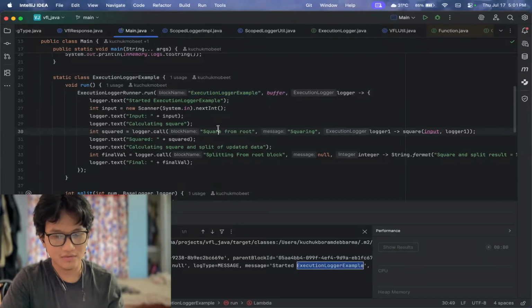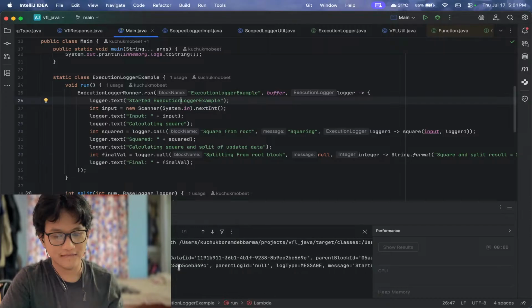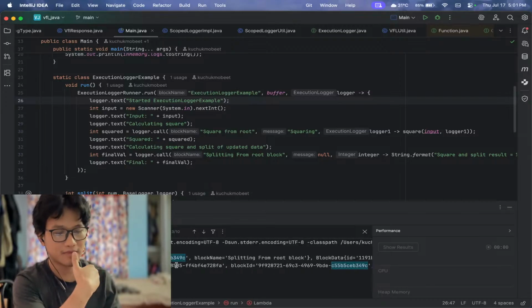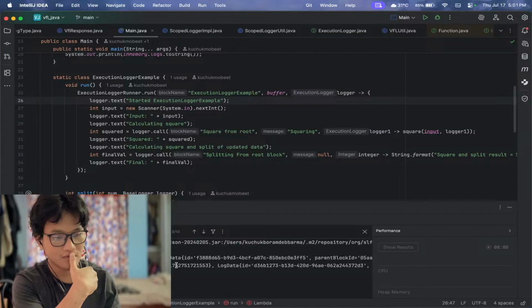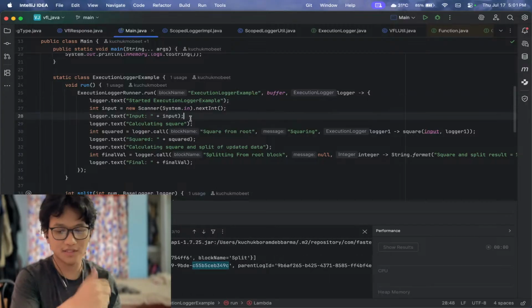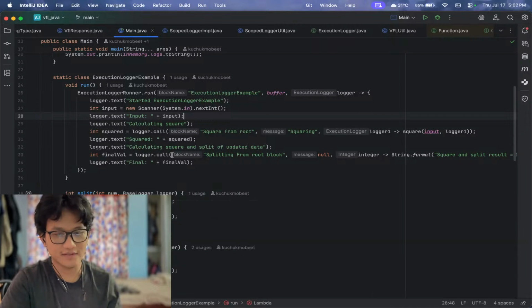Okay, so we're running it, but I don't think we're pushing it exactly. Parent, no, the block ID is this. Now let's see if this block ID exists as the parent block ID. Okay, this is the first parent block. I'm looking for a block ID that equals this. Yeah, so just as I suspected, we don't really have a